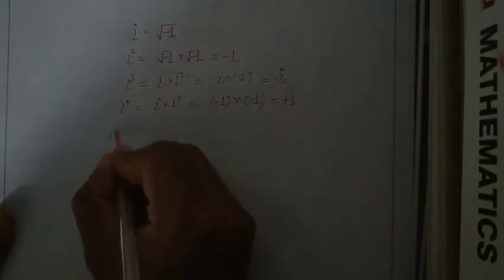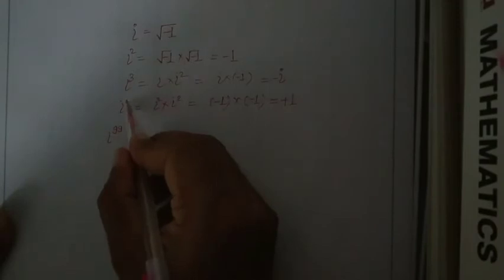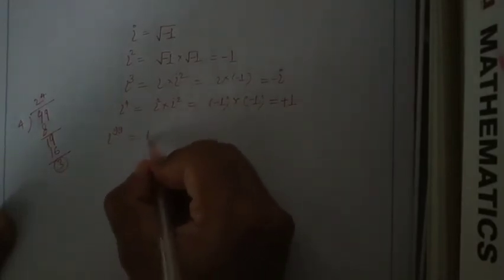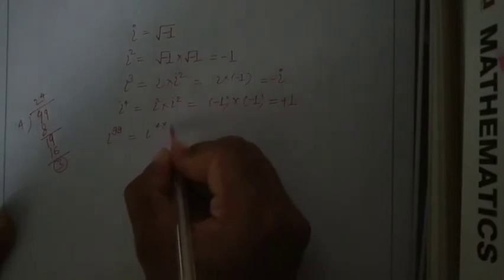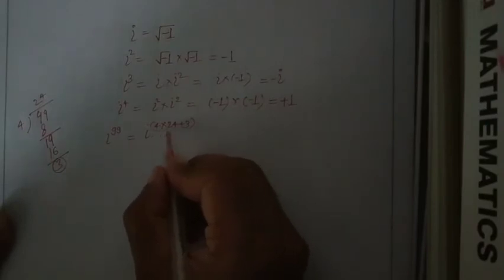These four values will be very important to calculate other powers of iota. For example, if it is given i to the power 99, we have to find the value of this. So this power 99 you have to divide by 4, because any multiple of 4 as a power will give us plus 1. So we divide 99 by 4. 4 2s are 8, 1 will be remainder, then 9 will be copied, 4 4s are 16, here 3 will be remainder. Whatever remainder is coming is more important, because 99 can be written as 4 into 24 plus 3. So in place of 99 we can write 4 into 24 plus 3.